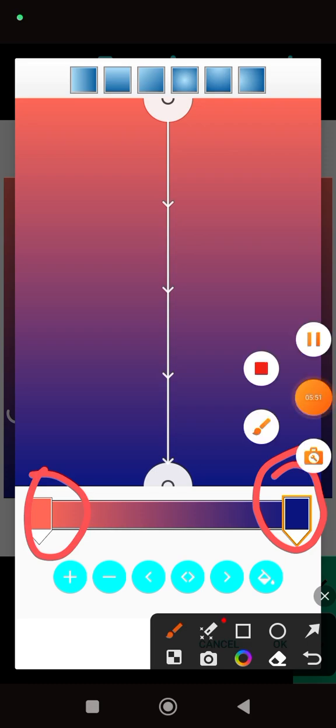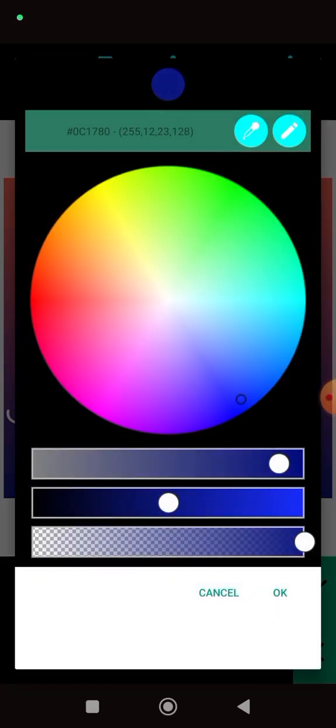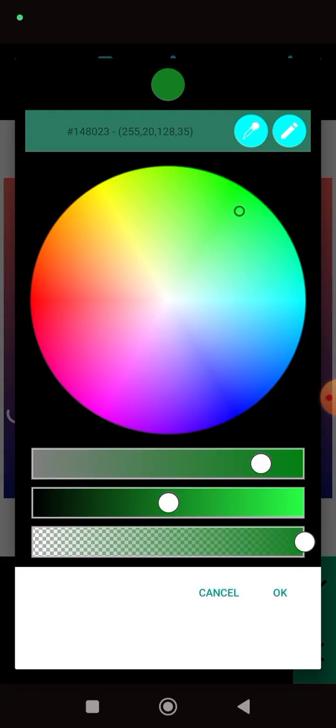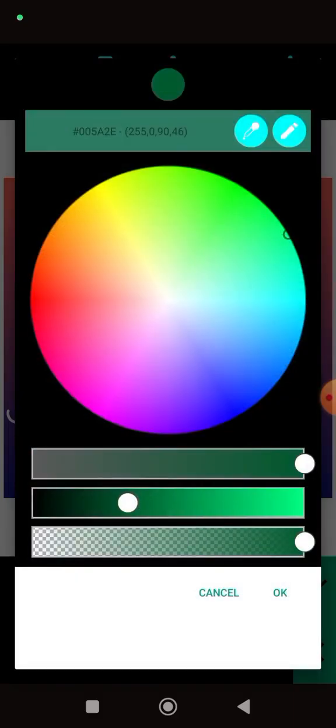Let me cancel this. Then you just click on the first one, on the first icon here. Then you go to your color box. Then let's assume you want to use green. You just pick your green. You can darken it. I want to use color code. Let's assume I want to use the color code here, the combination of two colors here. I can come here to pick this red color, or I can choose this color. I can use this color, anyone I like. I can come here to pick this green color. Then I'll pick my mark. Okay. Then after that,